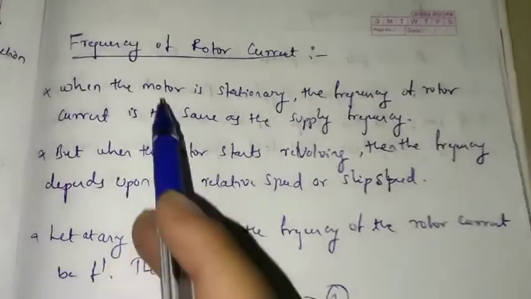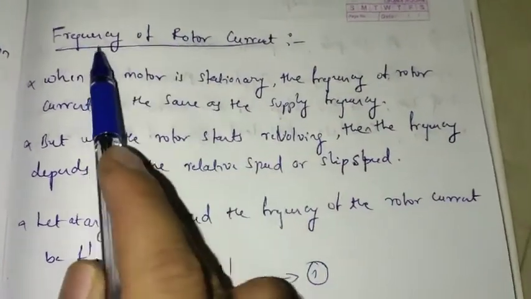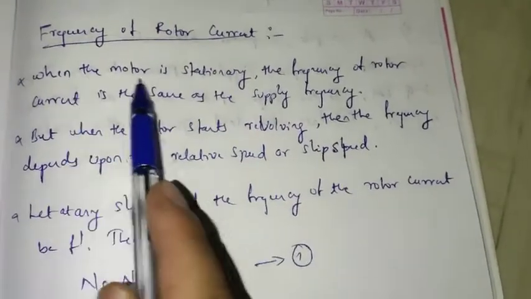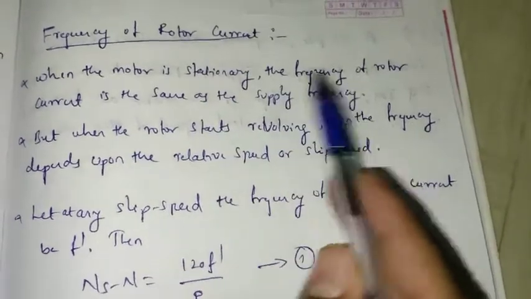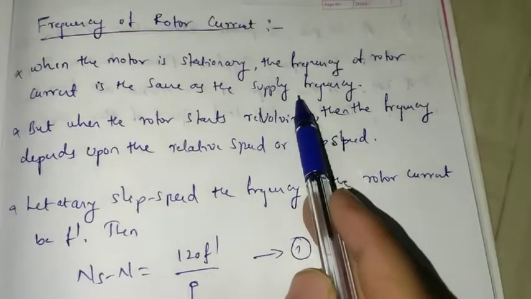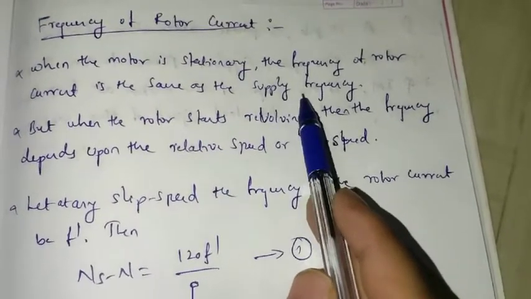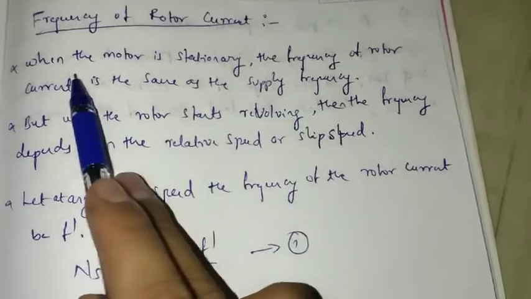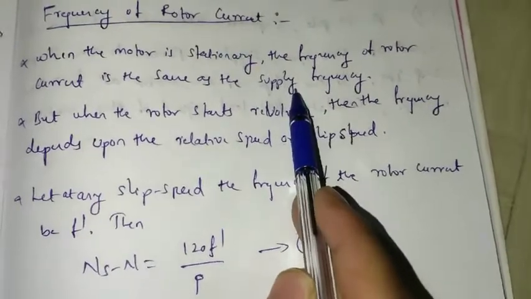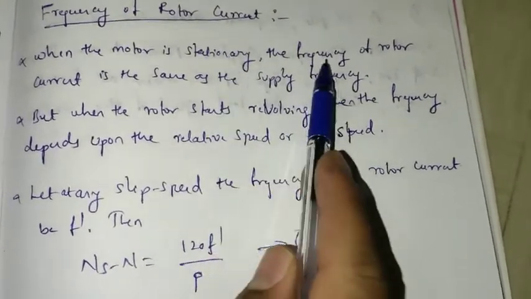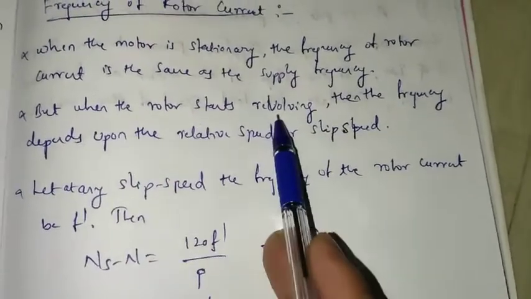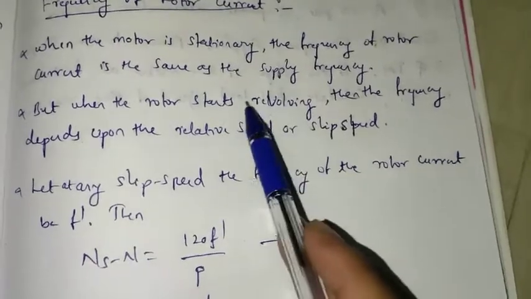I will continue with the next topic, the effect of slip on the frequency of rotor current. When the motor is in the stationary condition, the frequency of the rotor current is equal to the supply frequency. It means that if the induction motor is not running, the frequency of the rotor is the same as the supply frequency. If the input supply frequency is 50 Hz, then under stationary condition the frequency of the rotor is also 50 Hz. But when the rotor starts revolving because of induction,